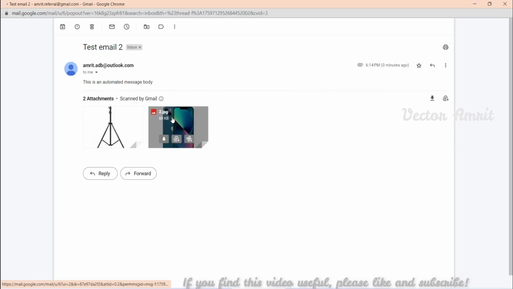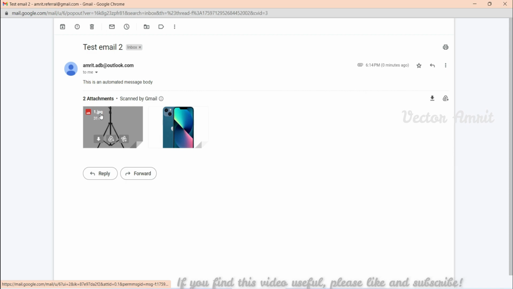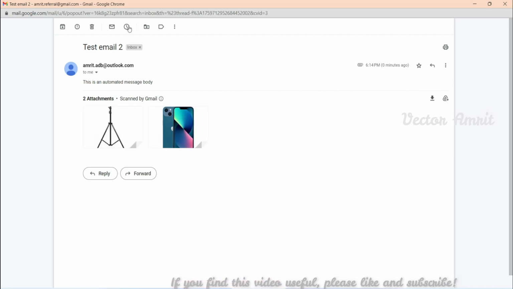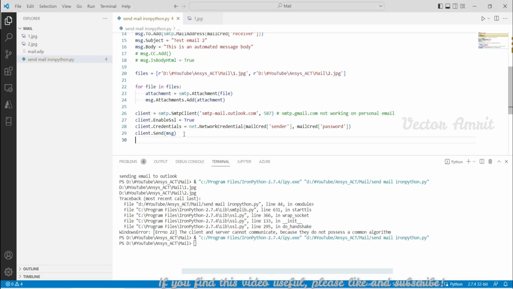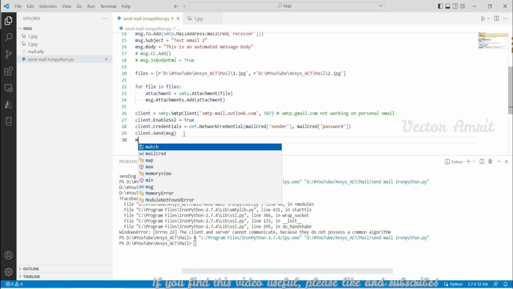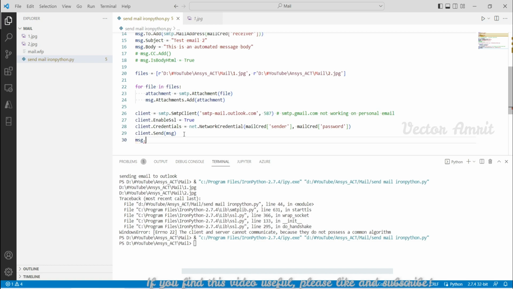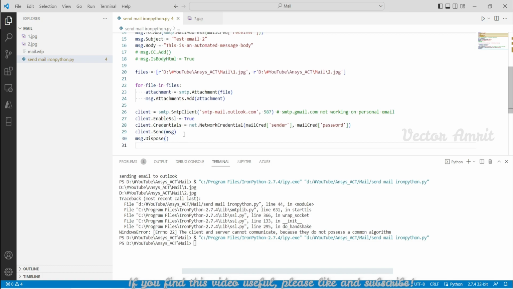I have not sent the name of the files, but still these names are available, and body, everything is perfectly fine. Now before you close down, just remember you have to do this. You have to dispose message and client, so that any resource that is being consumed will be disposed. So I will do message.dispose and client.dispose. This is a good practice. Now that everything is done,